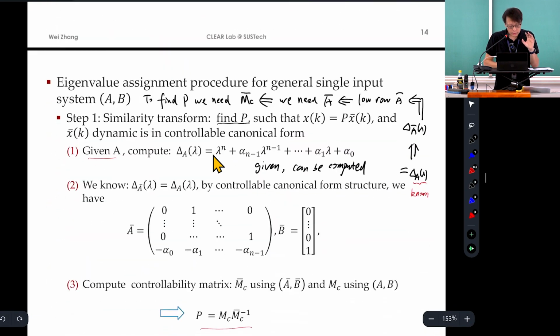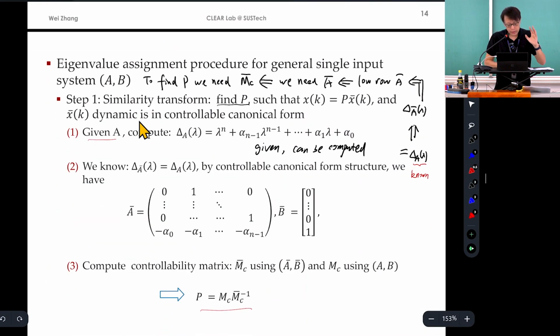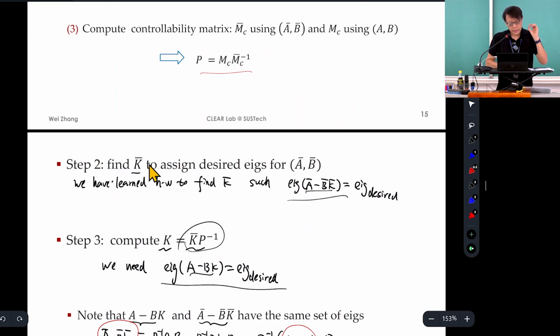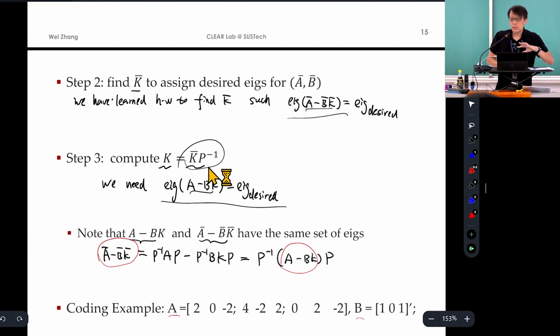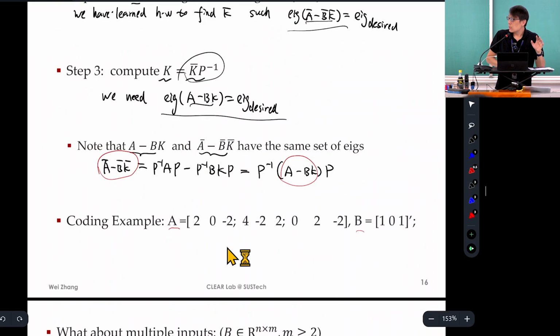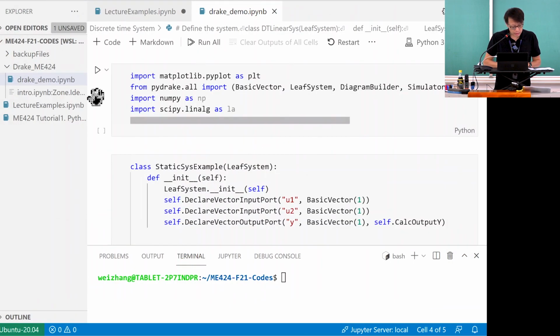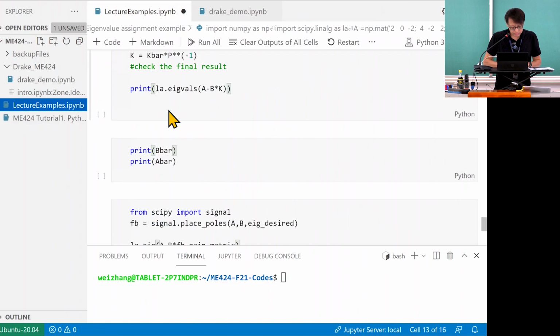And we learned several steps, right? Step 1, find P. Step 2, find K in the controllable canonical form. And step 3, move it back. And then we went through an example in Python, okay? In the Python, we didn't call any built-in functions. We just did everything by ourselves. I think we almost finished last time with Python,